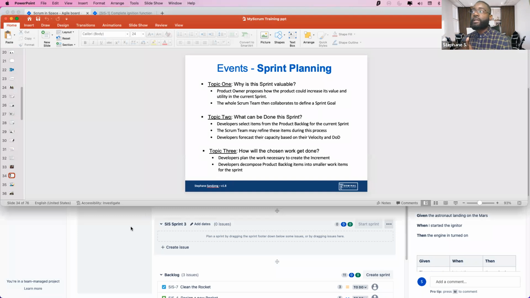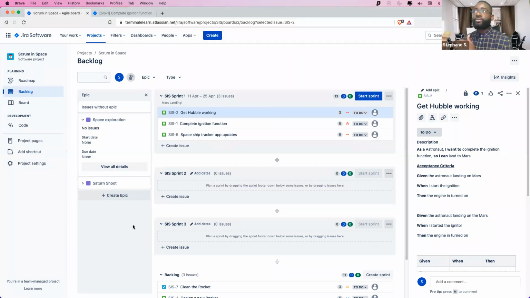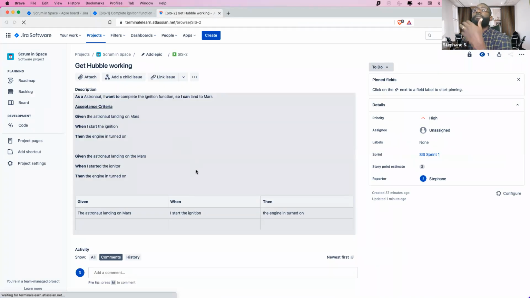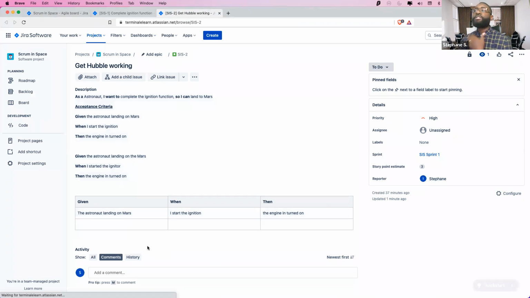Now that's where it gets down to 2 things. We need to create subtasks under each story. Okay, and I'm going to show you how to do it. So I open the first highest priority story. I want to create subtasks under the story. So what are we going to be doing in this story to make sure that we complete it? Okay, so one way of doing that